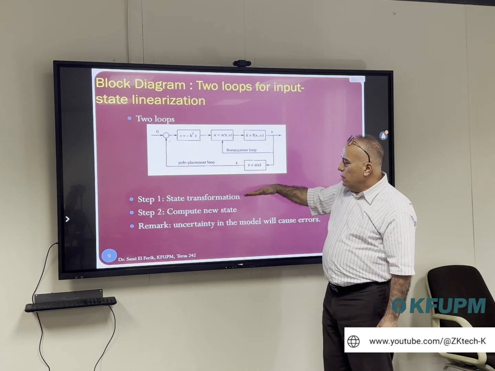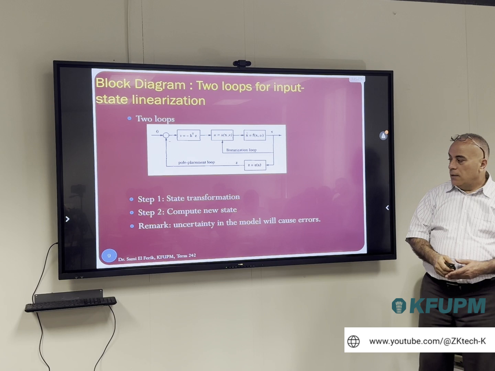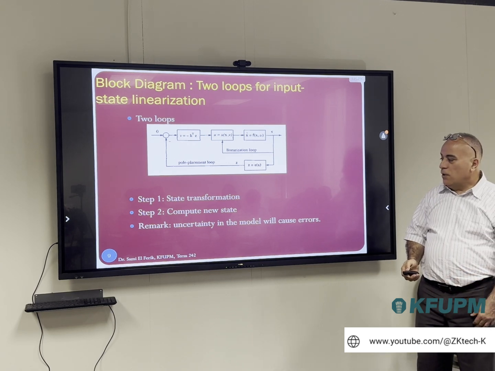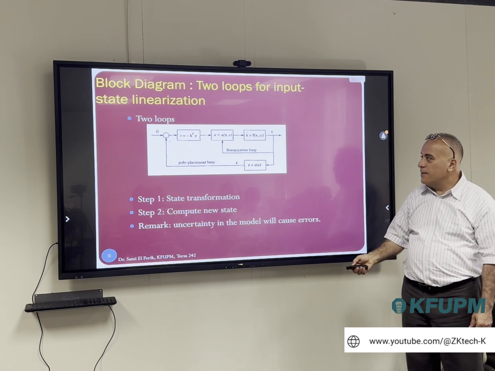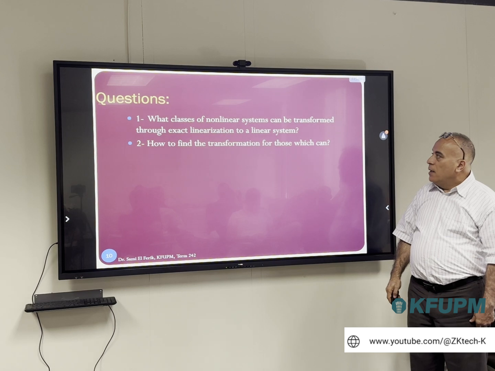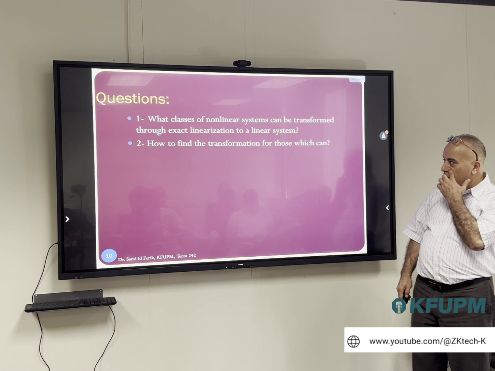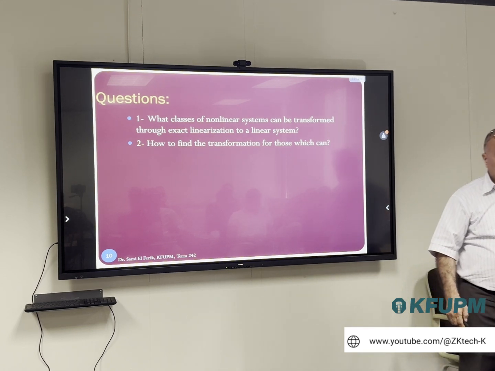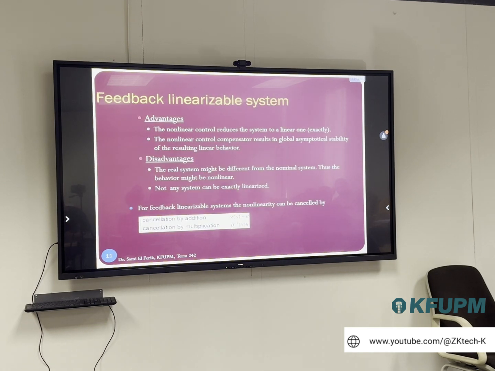So we have to look at state transformation, compute the new state, and after that look at the uncertainty in the model. Of course, they will cause an error, and this is what I would like to show you later on with adaptive control. So what class of nonlinear systems can be transformed through exact linearization to a linear system, and how to find the transformation? This is something that you have seen in nonlinear control. Not every system can be linearized. So systems that are feedback linearizable, all this is